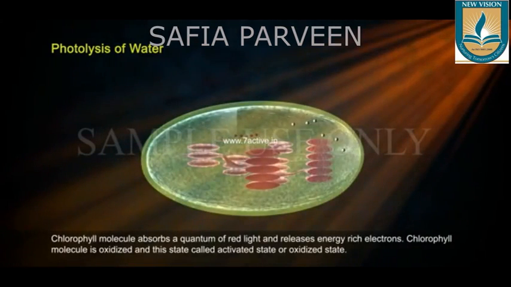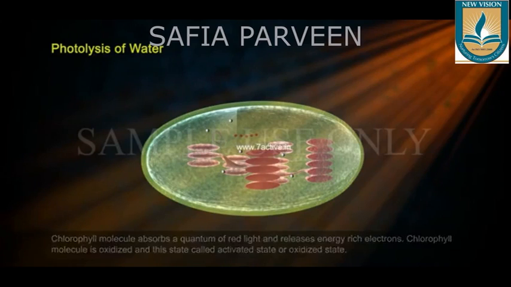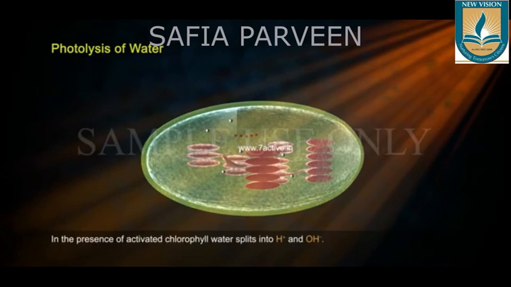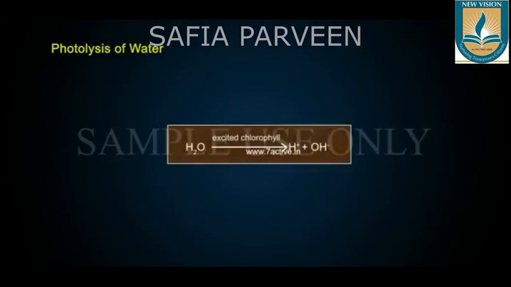When the light falls on the chlorophyll molecules, it releases electrons from the chlorophyll. This leads to the activation of chlorophyll, in other words, oxidation of the chlorophyll. The electrons released from the chlorophyll are passed from one molecule to another in a series. And finally, the chlorophyll uses up the electrons that are released during the photolysis of water and comes back to the normal stage. So this excited chlorophyll present in the leaf helps in splitting of water molecule into H plus and OH minus ions.